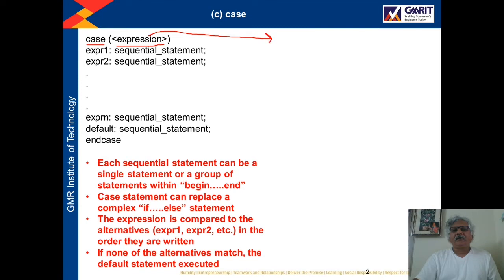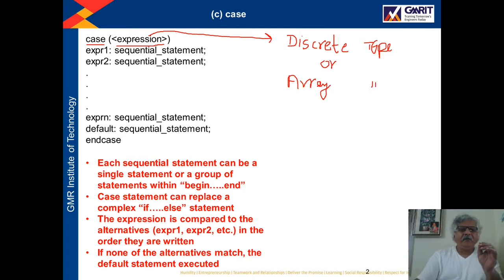The value of this expression can be a discrete type or it can be an array type. So the values which can be assigned to this expression can be a discrete type or array type.